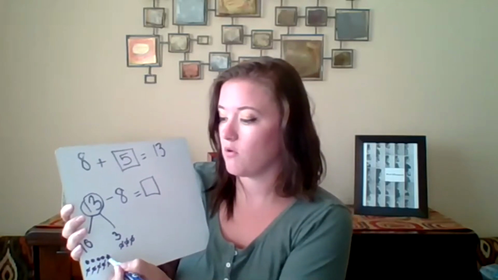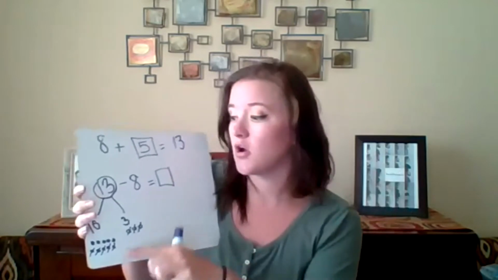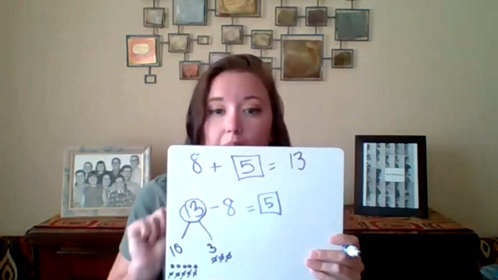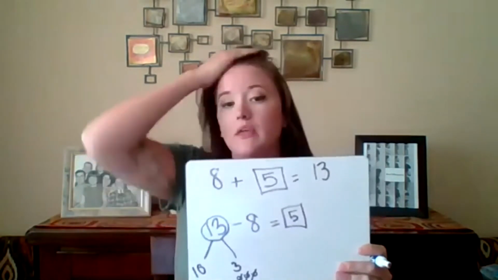Well, let's double check. 1, 2, 3, 4, 5. But just at first glance, we knew that that equals 5. So our answer is 8 plus 5 equals 13. So now, before we move on, let's write out a statement to make that true. So if 8 leaves fell in the morning, how many leaves fell in the afternoon? During the day? 5. So I'm going to write